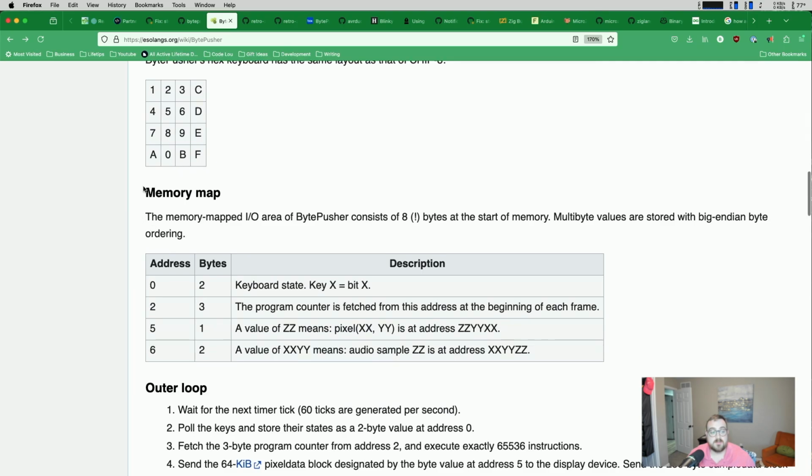The memory map. This section below is probably the most important. So you have your keyboard state here in the 0th address. In the 2 address, the program counter is fetched from that address at the beginning of each frame. Address 5,